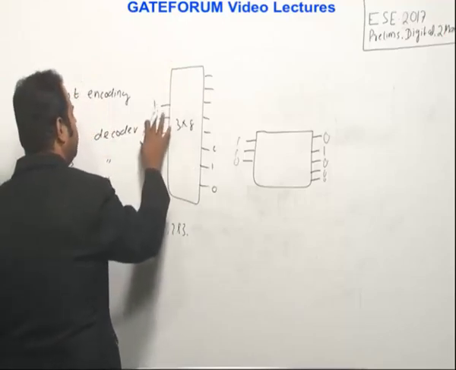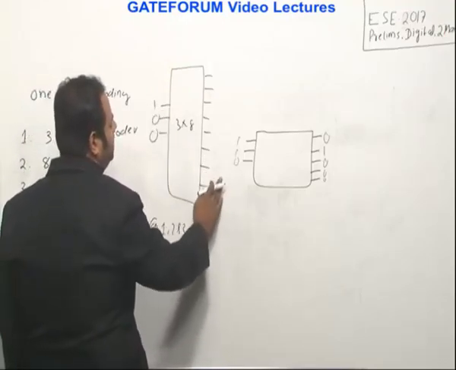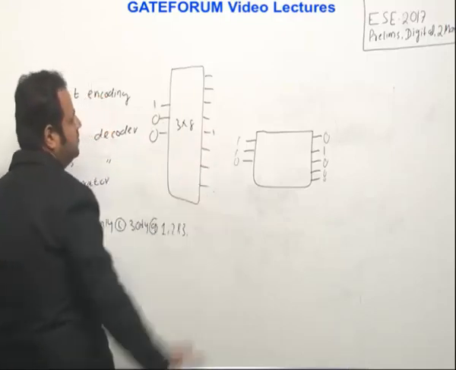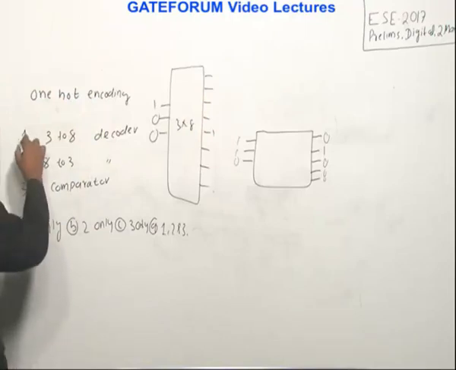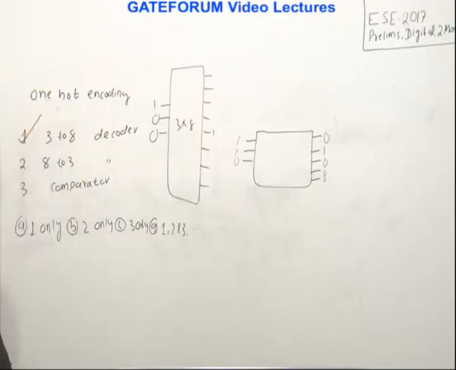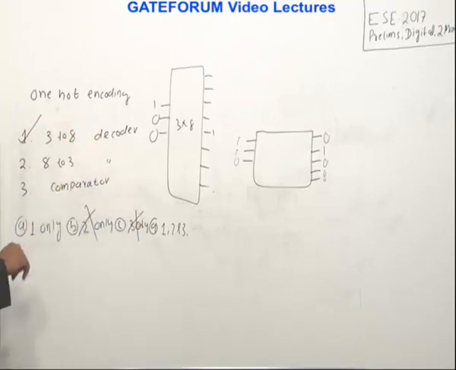You give any bit pattern like 1 0 0, in this case what will happen? The 4th terminal, right? So that will be coming high, rest of things will be 0. So is it satisfying the definition what I said? Yes, this is satisfying. Okay, so this option eliminated, this option eliminated. So you have to now check whether option A and option D is correct.